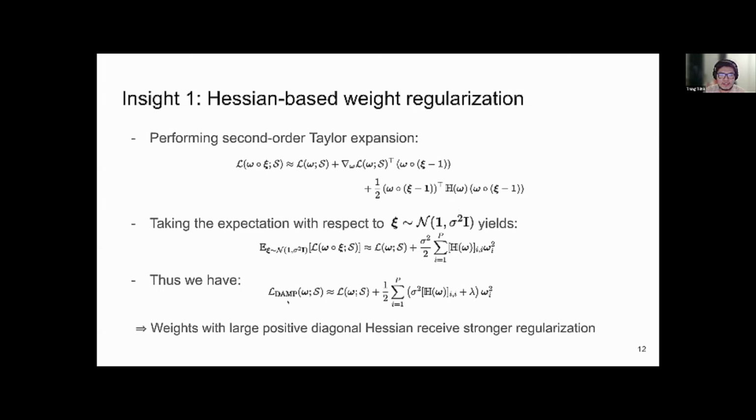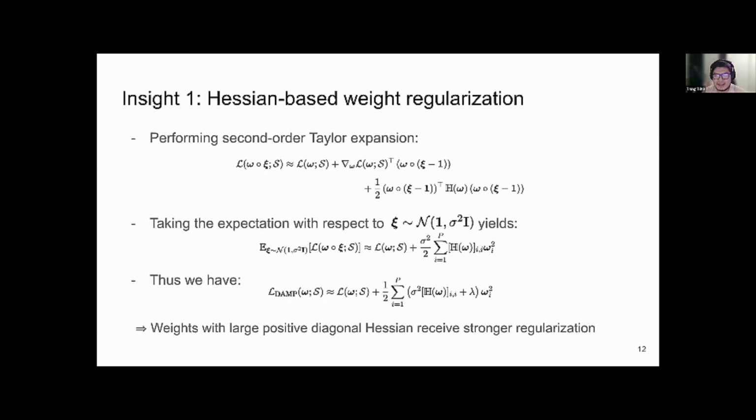And then if we combine this with the original L2 regularization term inside the DAM loss, we will have this kind of adaptive weight regularization, where the weights with large positive diagonal Hessian receive stronger regularization.